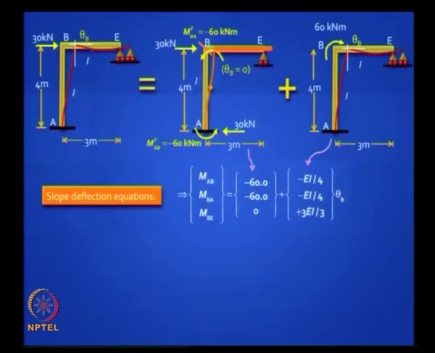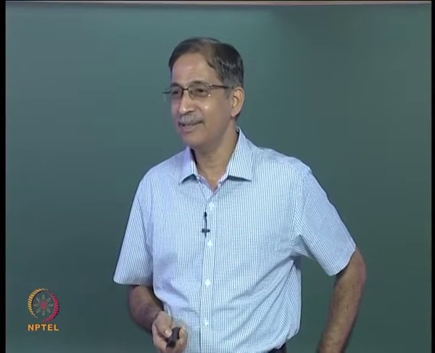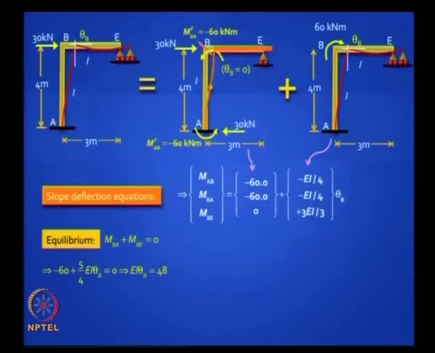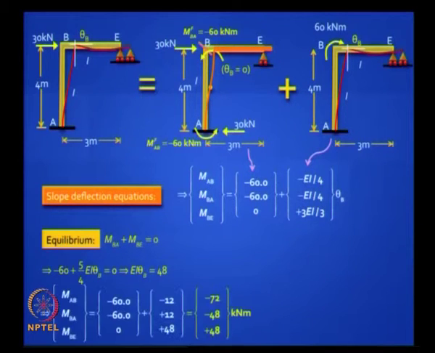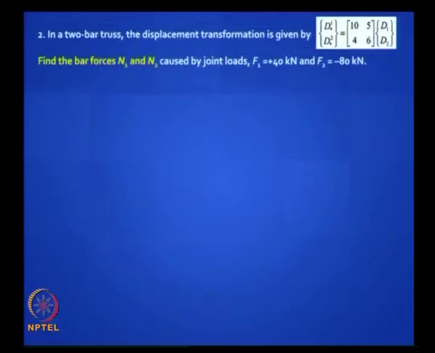The Indian memory is very good, but unfortunately you are not seeing the problem here. EI is constant, and so that is a change you make, and if you solve this, do the equilibrium, very easy to solve. Your deflection diagram, your bending moment diagram should look like this. Okay, it is an easy problem. Next problem. Next problem was actually an easy problem.